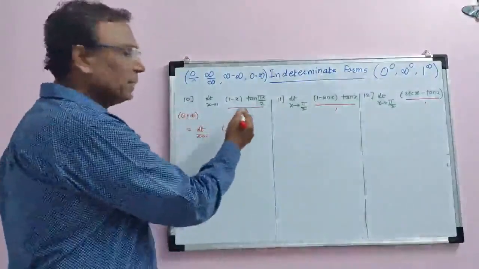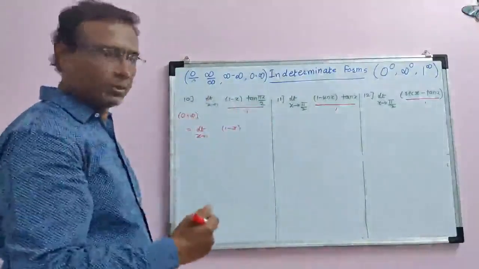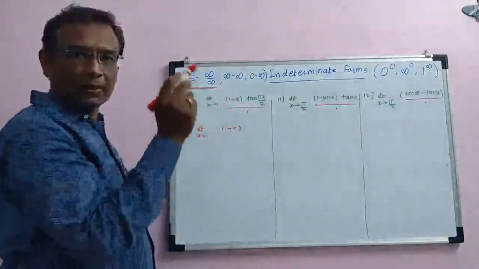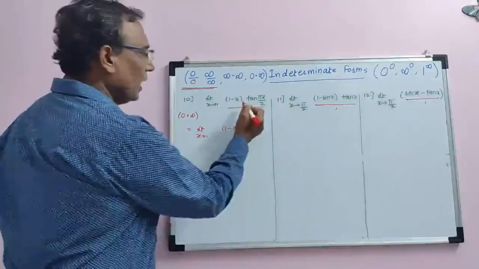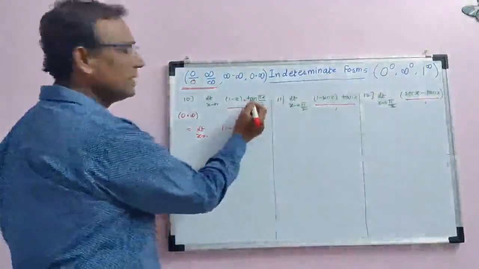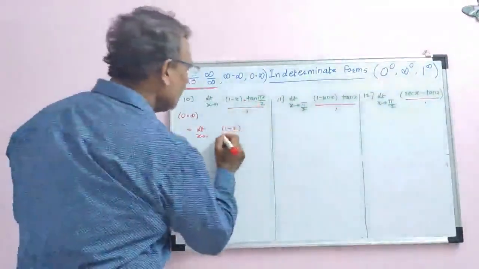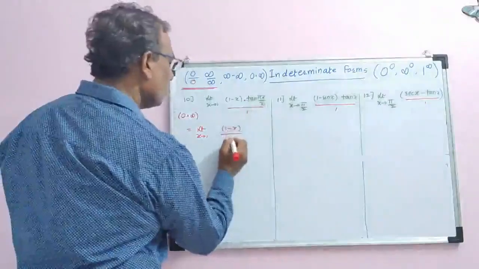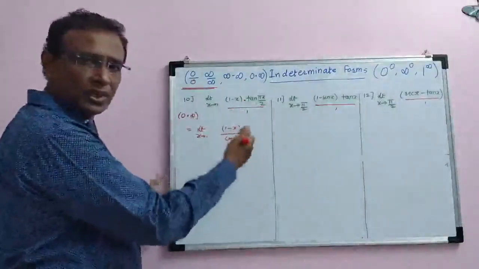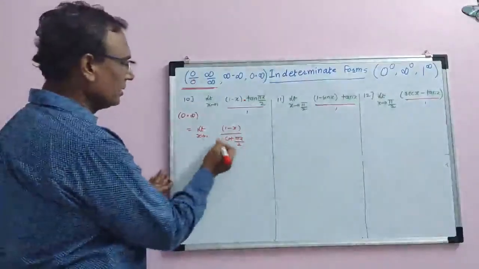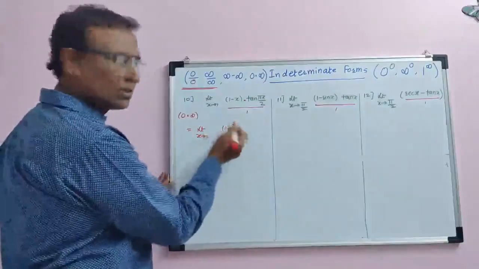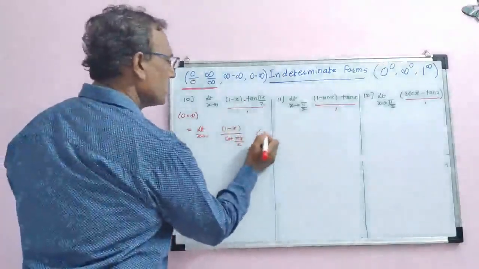When we have this form, we bring the situation to numerator by denominator, because ultimately we have to convert it into one of these two basic forms, either 0 by 0 or infinity by infinity. If a trigonometric function is there in the multiplication, then try to bring it into the denominator. Tan can be written as cot pi x by 2. Now it is converted into 0 by 0 or infinity by infinity, and there is no need to check the form every time. But if you want to check it, put x equal to 1: cot pi by 2 is 0, and 1 minus 1 is 0.